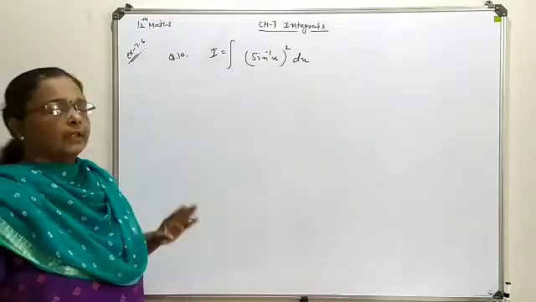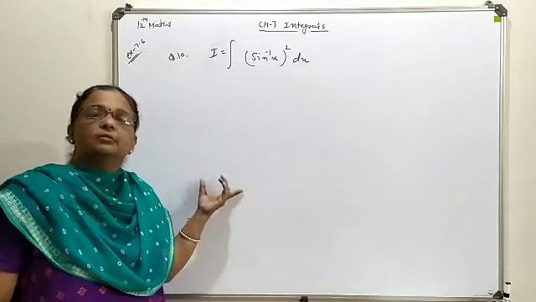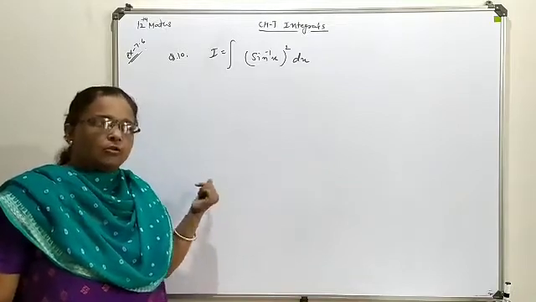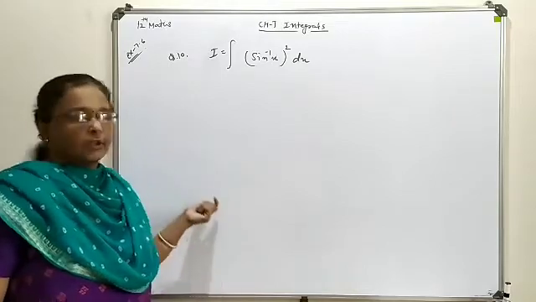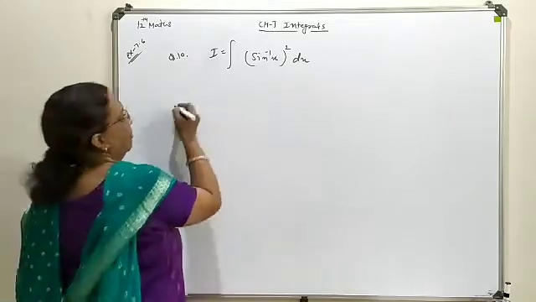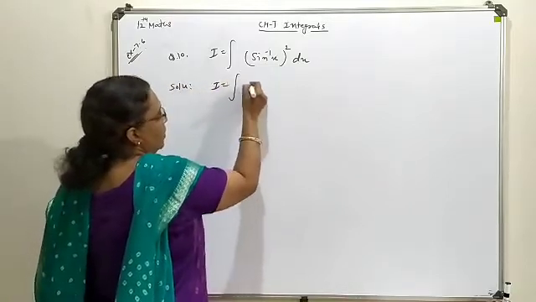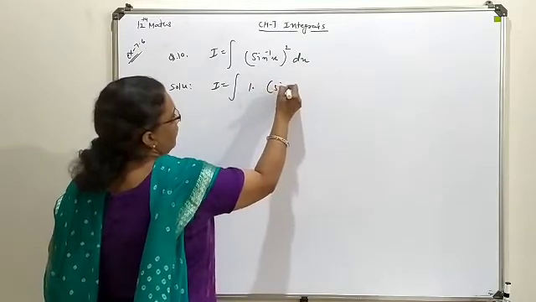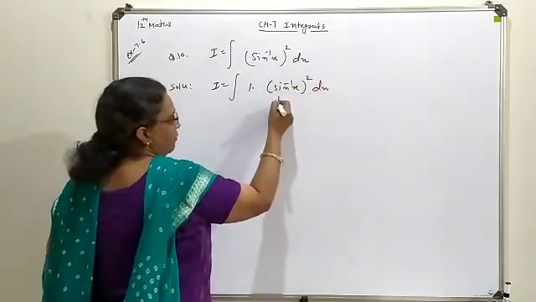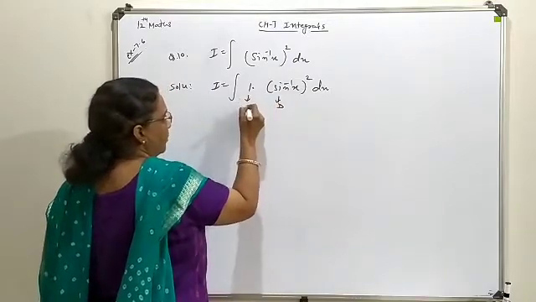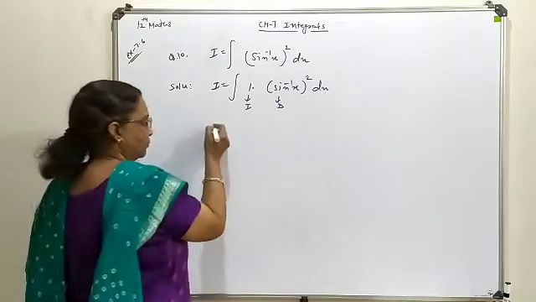Second thing, as we are dealing here with the inverse form, it is very sure that this term you will treat for differentiation. So a multiple of this term means 1 you will treat for integration. So rewrite this question as a multiple of 1. Here the solution starts: 1 into (sin⁻¹x)². This you will treat for differentiation and this 1 you will treat for integration. Now implement the by parts method.